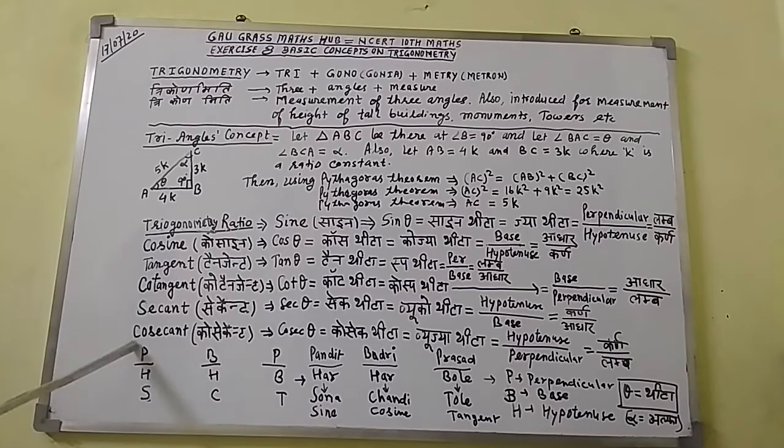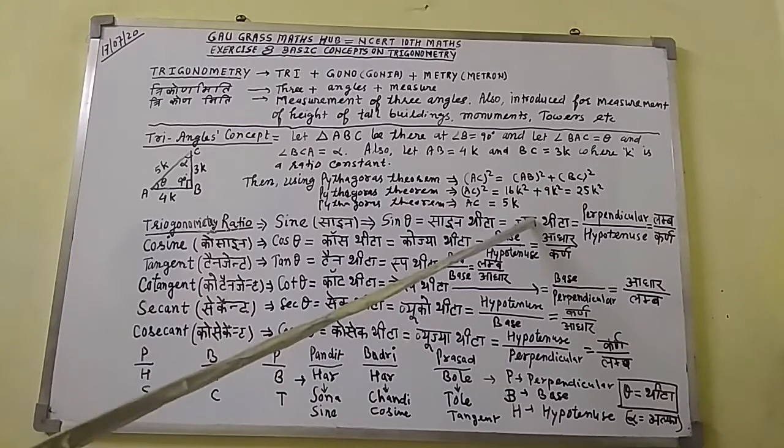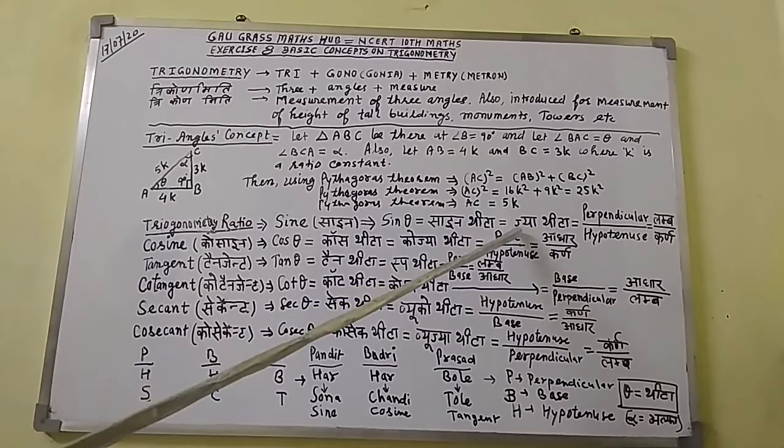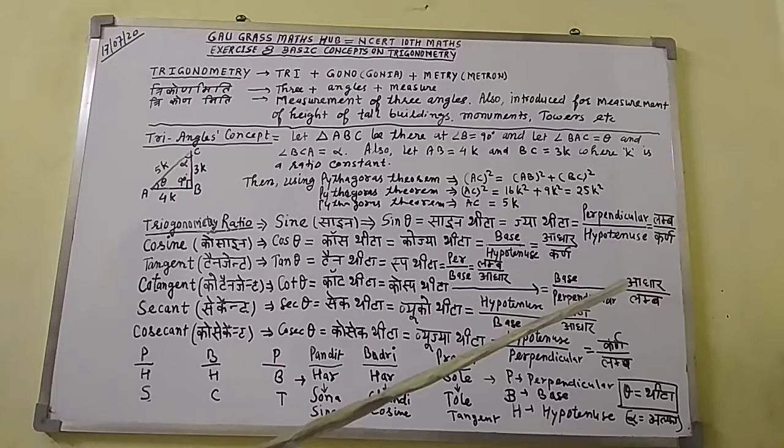Now come out to next. Here I have written cosecant, that is cosec theta. Cosec theta, you read in English cosec theta. Cosec is the opposite of sine. So you can say Bayojia theta. Here I have written ja. So just opposite of ja will be Bayojia theta. Curd bata lamb. Hypotenuse upon perpendicular. Curd bata lamb.